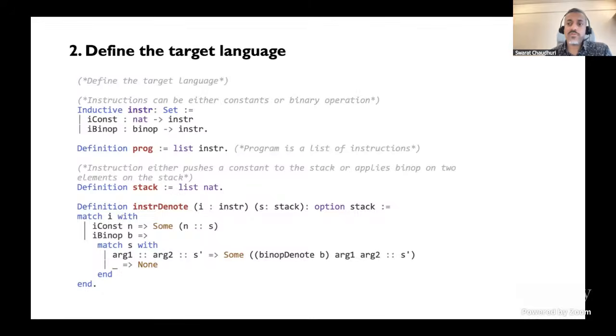And so now you have to define the target language, right? A compiler is a mapping from a source language to a target language. So now you have to define the target language. And so what you did over here is define the target language as a list of instructions. So a program is a list of instructions. And an instruction is either this sort of a constant expression or a binary operation expression. So one way to see it is that while the original expression in the source language was defined in this recursive way, in the